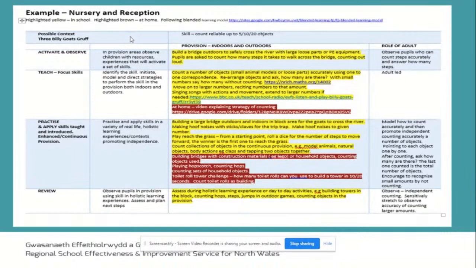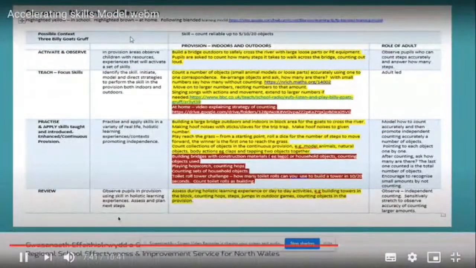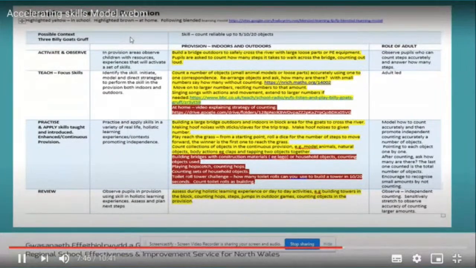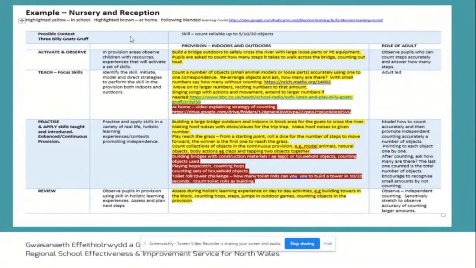There are a blend of approaches used to teach and practice the skill within cross-curricular learning experiences using different provision areas, indoors and outdoors. The first stage is to observe counting within a physical experience outdoors, where children are asked to build a bridge with large equipment whilst acting out the story and walking over the bridge, obviously making sure it is safe to do so. Children are asked to count their steps as they walk along the bridge. The practitioner can then assess their ability to count accurately and plan their next steps at focus task.